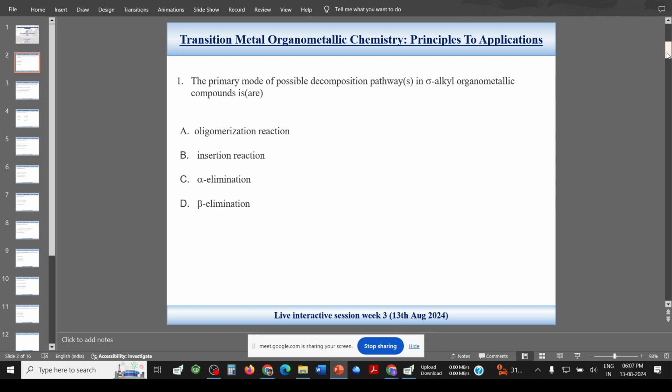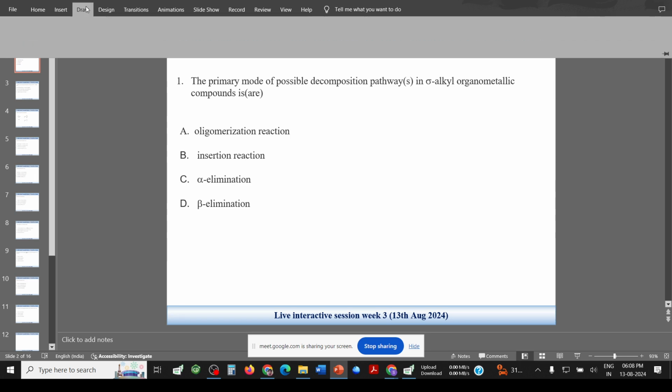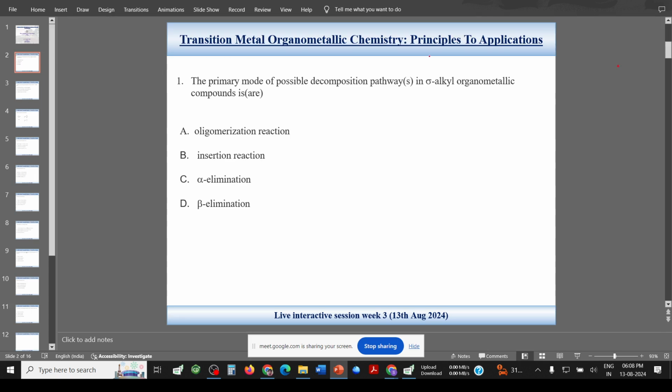So sigma alkyl compounds means a transition metal with an alkyl group bonded to the metal. That is, we have our metal M bonded to an alkyl group, let's say R. So if this R contained a beta hydrogen,